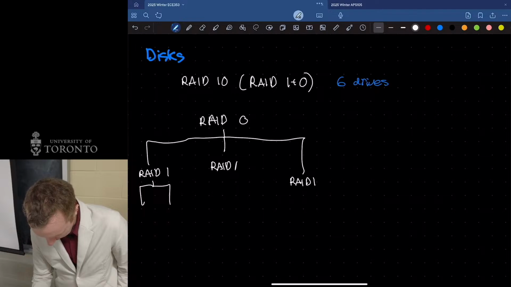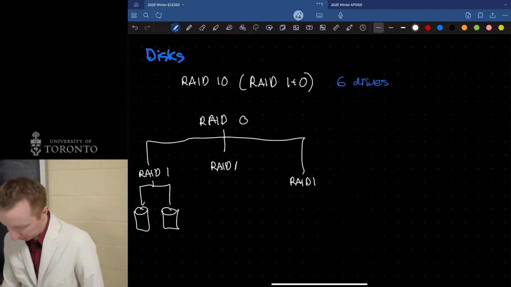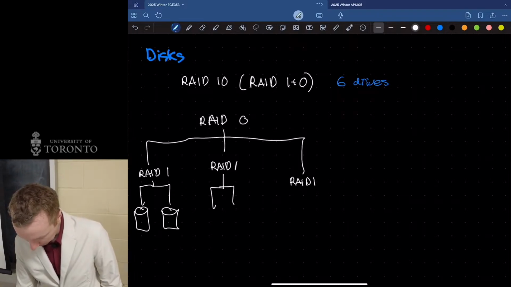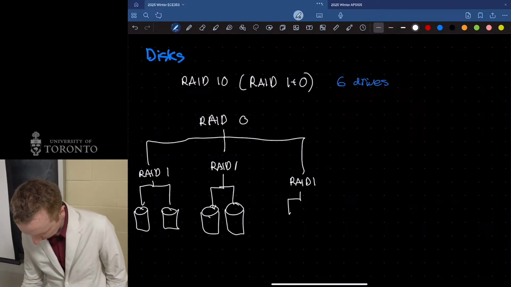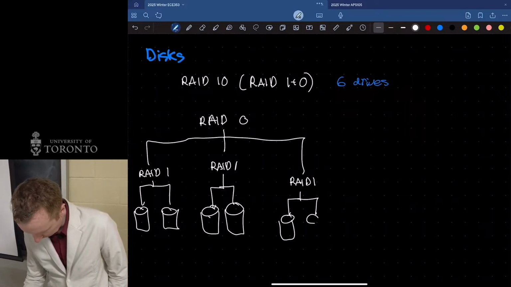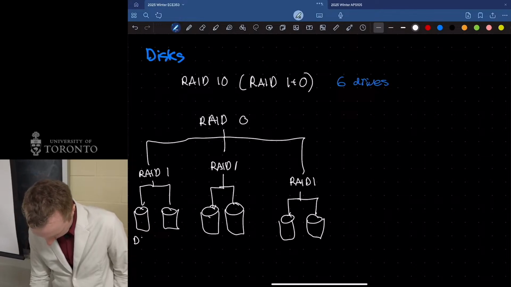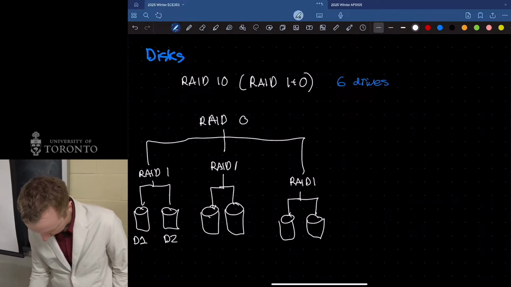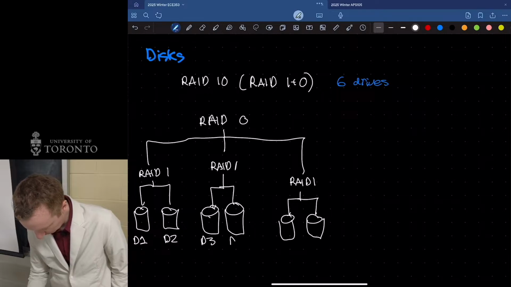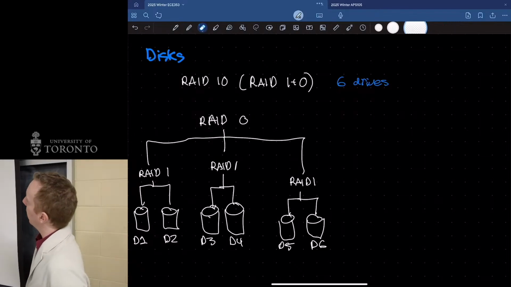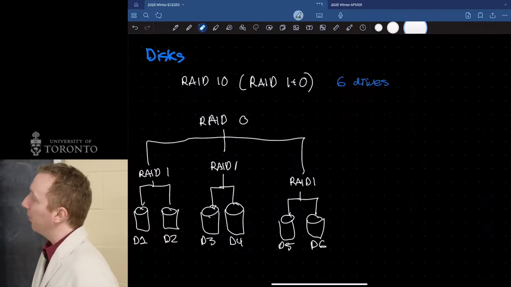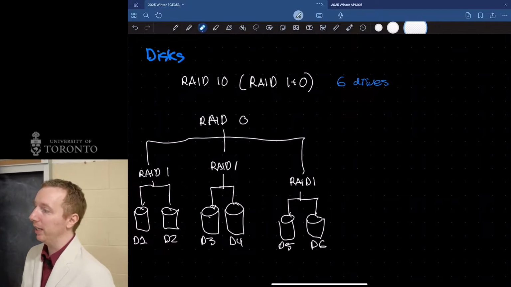So I have a RAID 1, and in our RAID 1 we have a mirror of 2 disks. Then I would have 3 pairs of 2 disks. So this is disk 1, disk 2, disk 3, disk 4, disk 5, and disk 6. Now, if I did something like this, how many drives could I lose before I lose data?